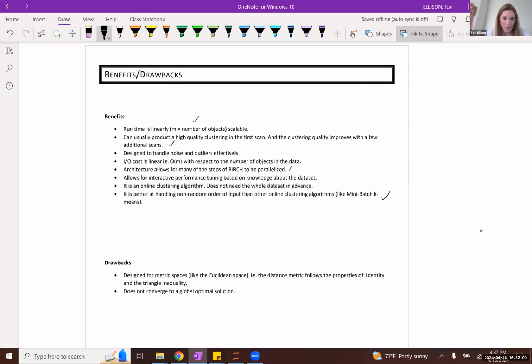However, one of the downsides is, as we're seeing here, we're using a lot of the same metrics that clustering algorithms such as k-means use for measuring cohesion and measuring separation.